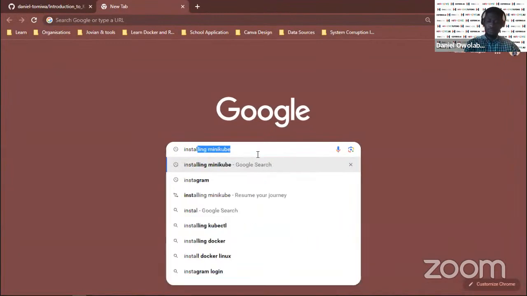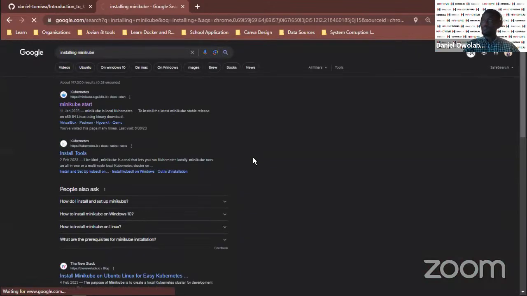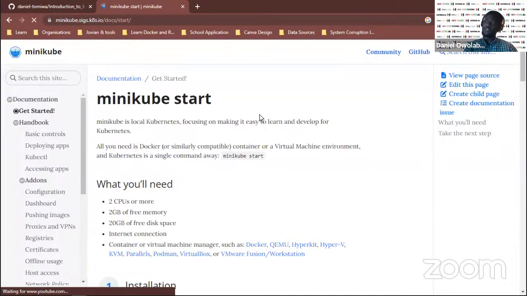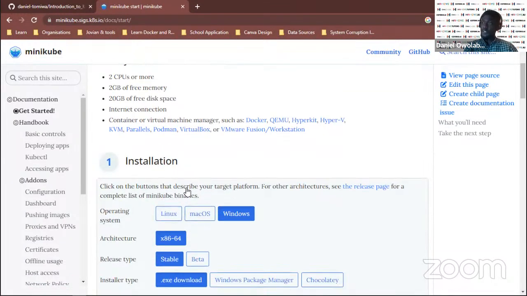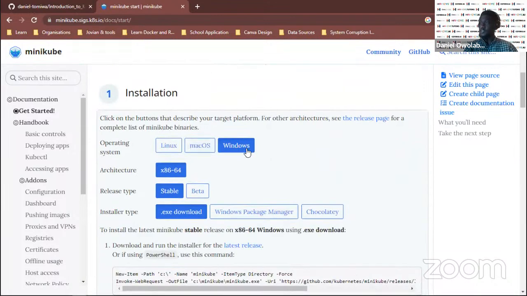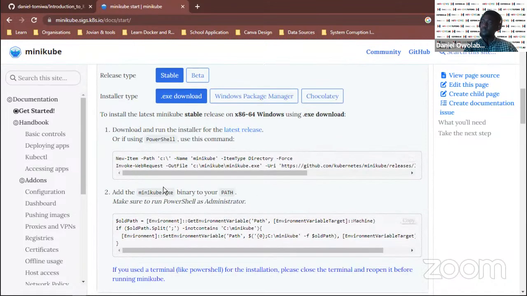So if you want to run Minikube on your system, this is where I said you should come. If you take your time before installing it and not just rush through it, you will see that there are 3 different flavors, for Linux, for macOS, for Windows. And if you follow this,